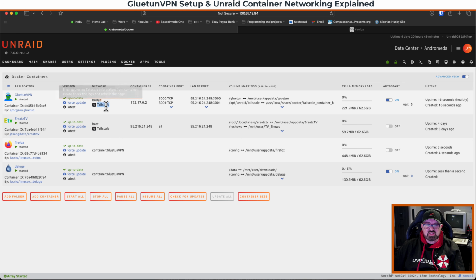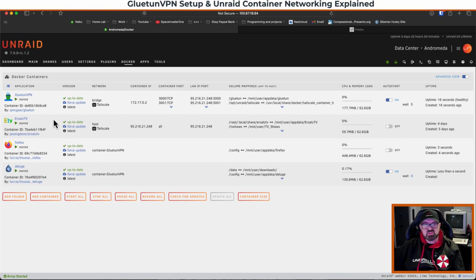And also you can see, because I've got Tailscale installed here, I'm actually using this as well as a Tailscale exit node, which allows me on any of my computers anywhere in the world to route traffic out through this VPN as well. Now we're going to be looking at setting all of this up on my server at home,